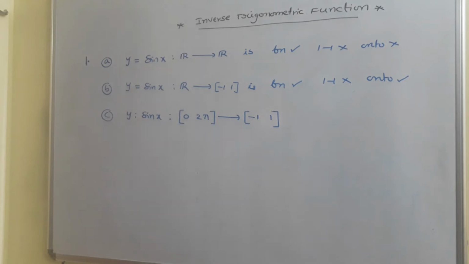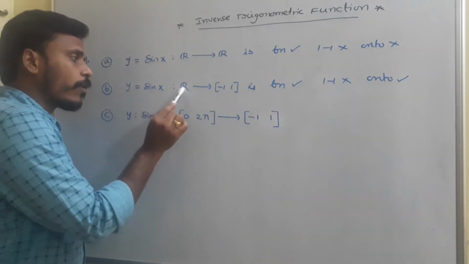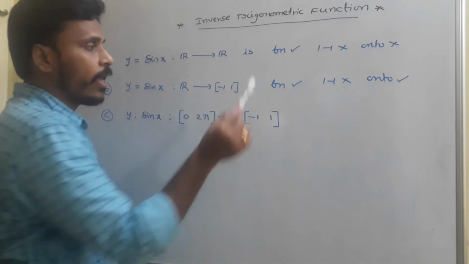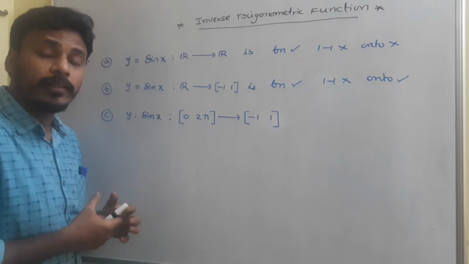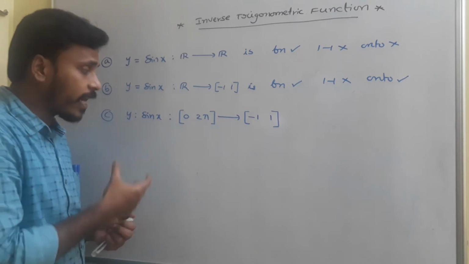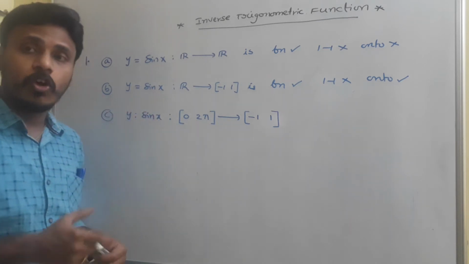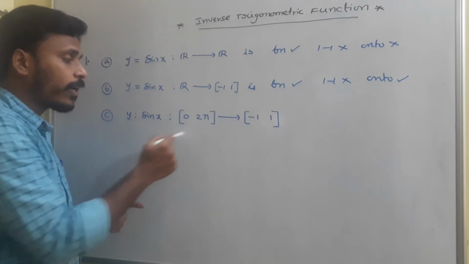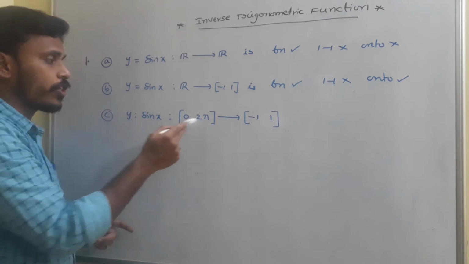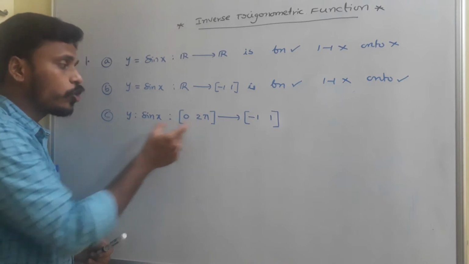So now, as we discussed, if sin x is a function from real numbers to real numbers, it is a function, not 1-1, not onto. If it is a function from real numbers to the interval -1 to 1, it is a function, onto but not 1-1. So how to take the domain to make that sin x a bijection? In my search, I thought that since trigonometric functions depend on complete revolution on a circle, if the domain is one complete revolution, in the sense 0 to 360 degrees, 0 to 2 pi radians, then I need to think. So now the domain is 0 to 2 pi.